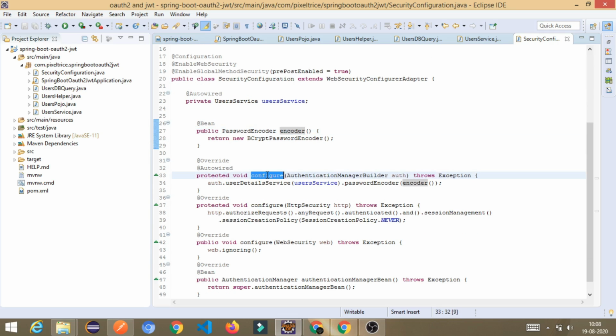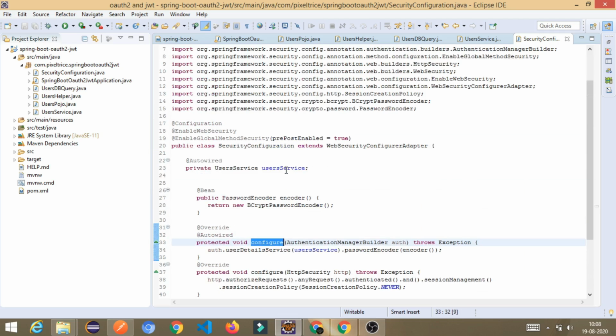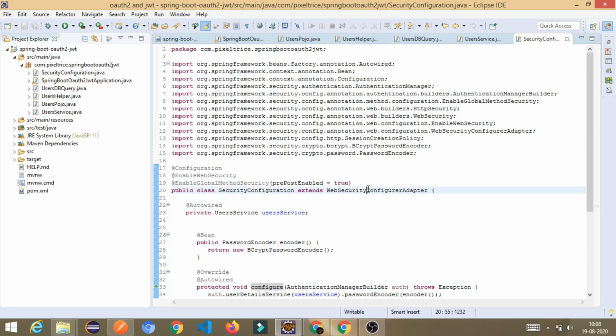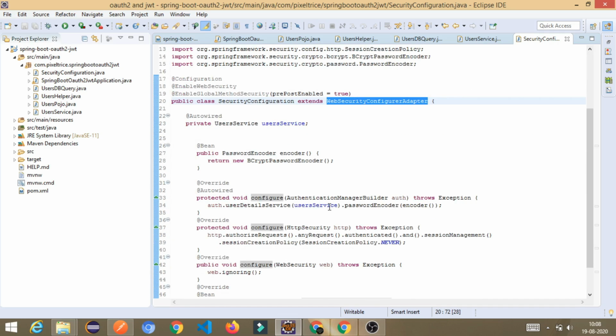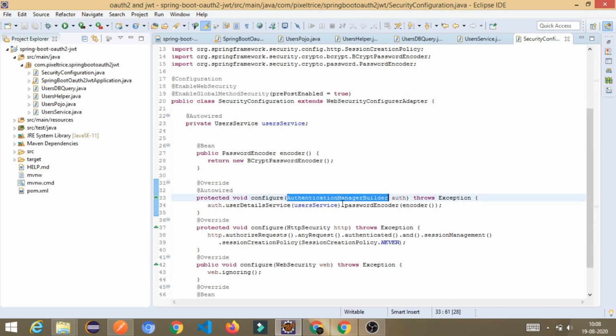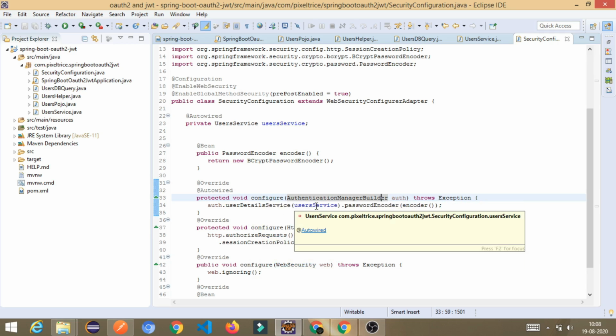Another part is the configure method, which is already present in the WebSecurityConfigurerAdapter. Here I am calling the authentication manager builder object. In that object I am calling userDetailsService, and I am passing the user service.